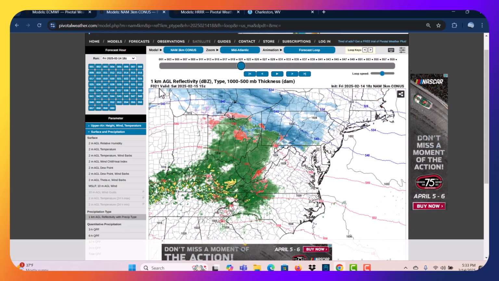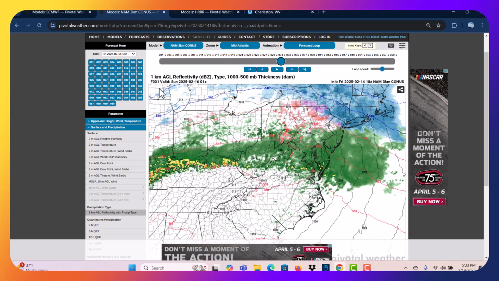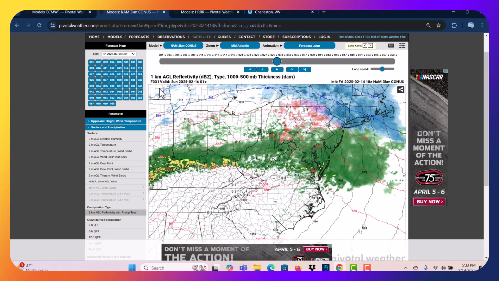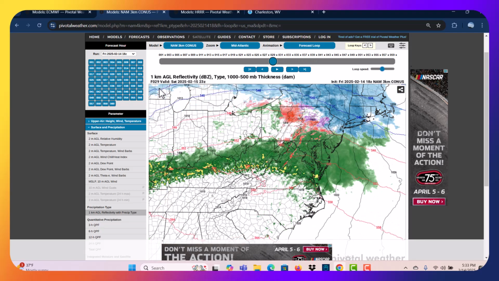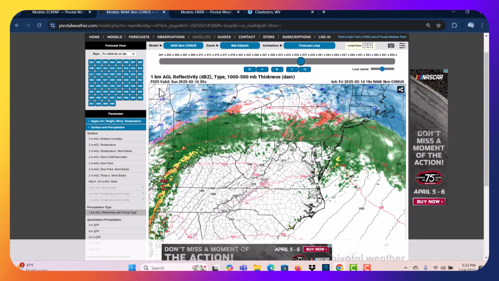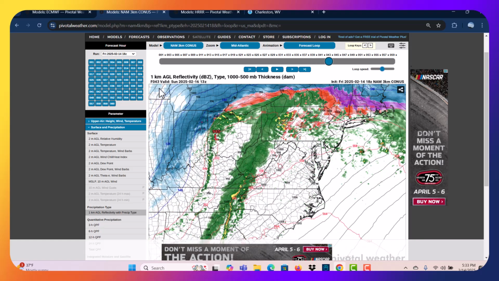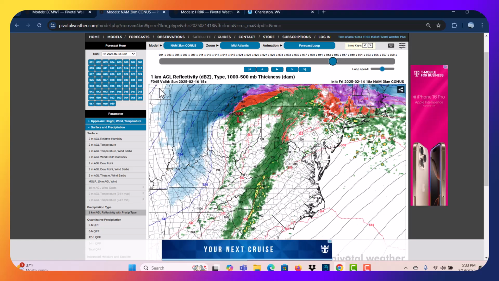You can see where the warm air would be rising northward once this gets pushed up. You can see the rain start to spread across New York where it was just snowing hours before. So that warm air is being pushed up, and this is what we call a warm nose. Here is your low pressure across Kentucky. It's deepening, it's strengthening. There it is over around Columbus, going into Cleveland as a